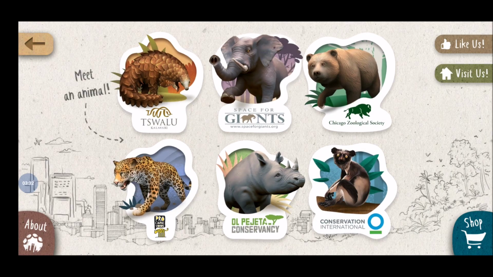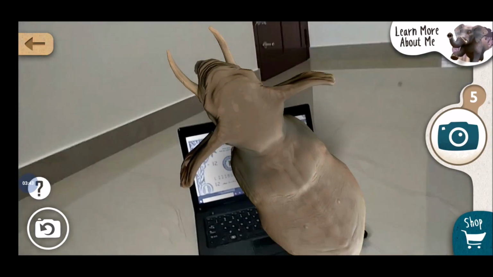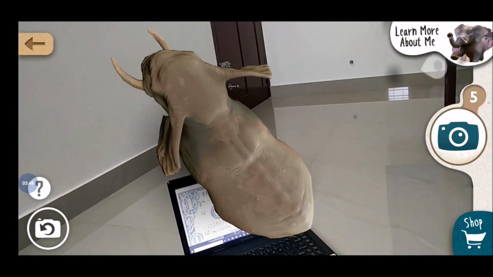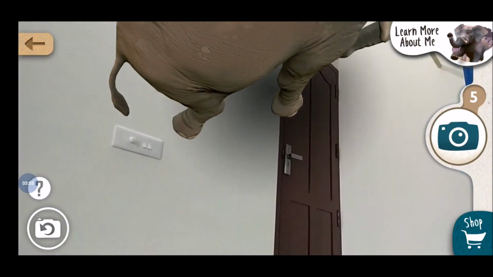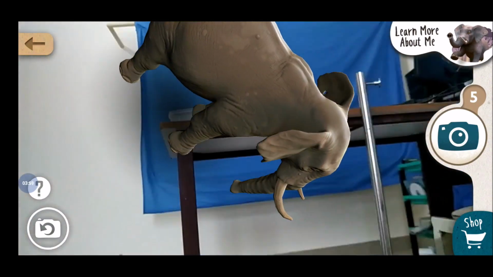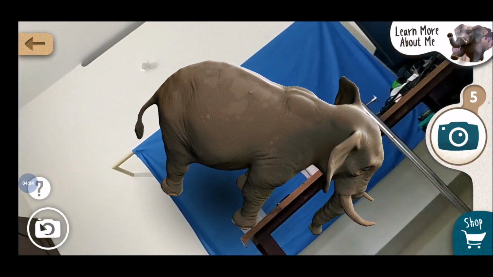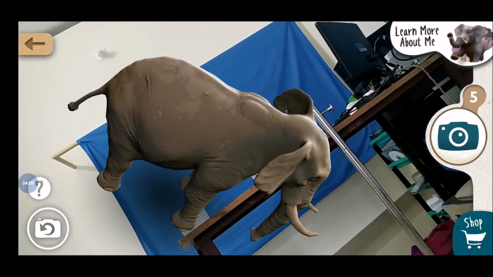Next I would like to bring elephant in the classroom. Like the same, keep the mobile camera in front of the dollar. Wow, one elephant is here. So we have to plan it very clearly where the object should be. Now it is moving on the top of my room. So we can bring in this way augmented reality with the support of this Safari application.